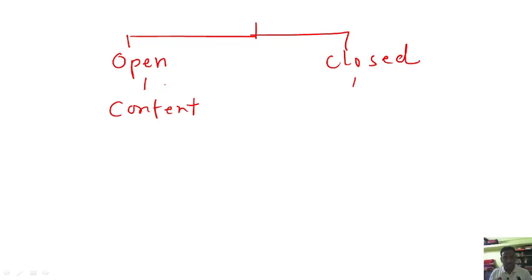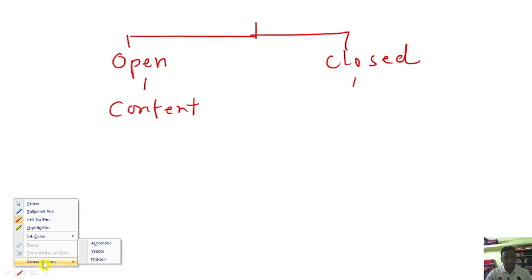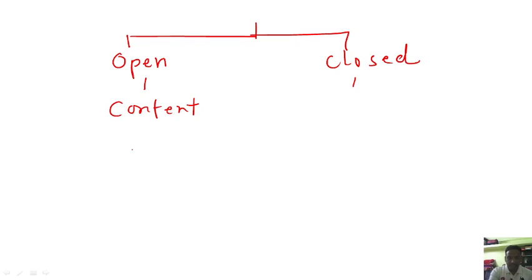So keeping all these things in mind, we will move to the next part of module 4 and try to understand what exactly and how we can define the open word classes. So if we talk about open word class, which is also called content words,